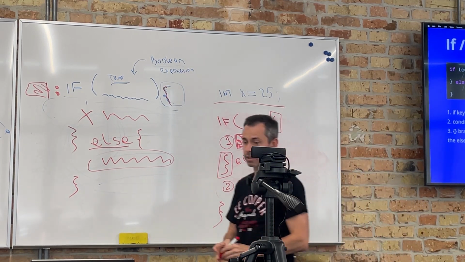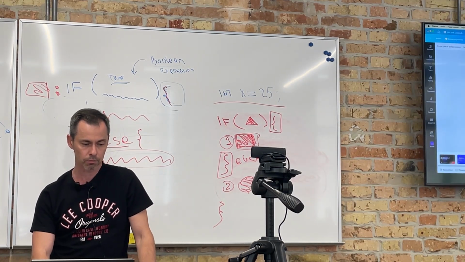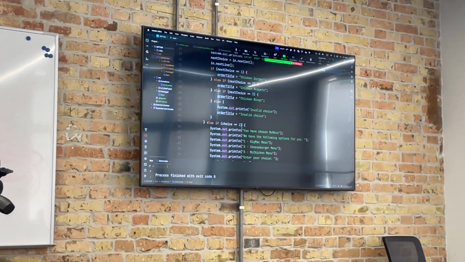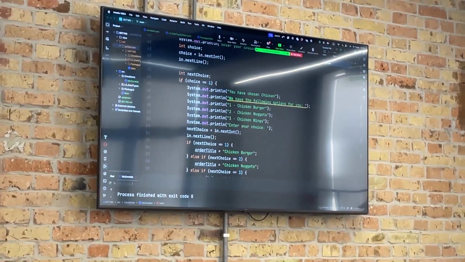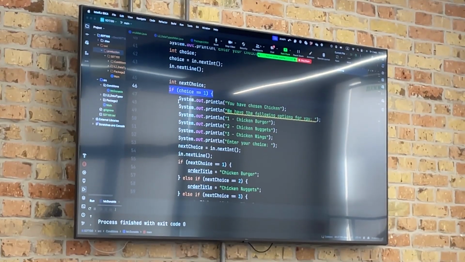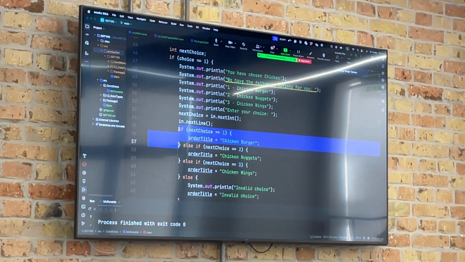No problem. Let's come back to my example of code. You see, I have this if. This is the high level of my hierarchy with an if statement. But inside this bracket, I have another if statement. Why not?